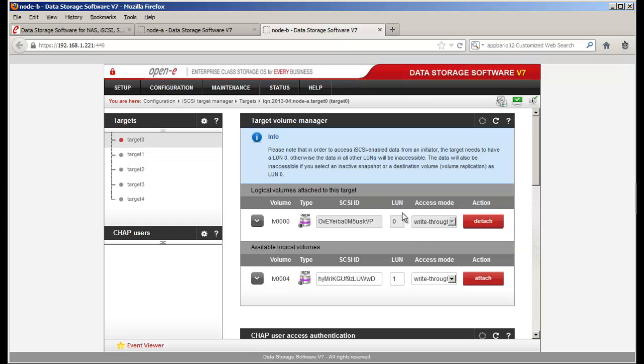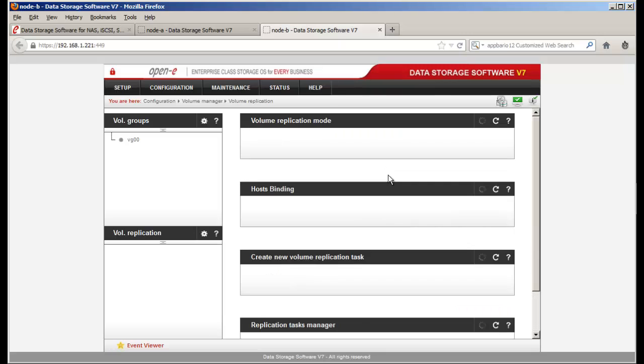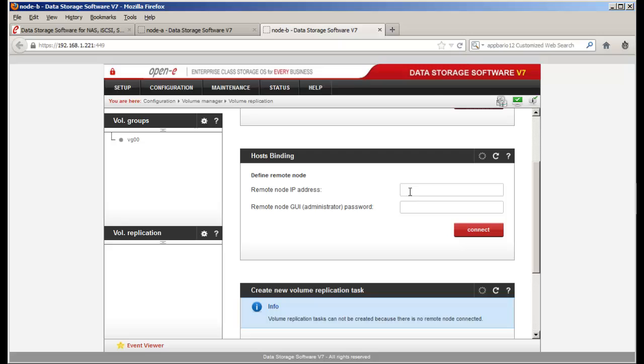Okay, so at this point, what we want to be able to do is go back into our configuration volume replication, and we want to be able to take our current data that's on the node B source and replicate that data to node A. So what we're going to do is use our dedicated 10 gig NIC for the volume replication, so no other traffic is on this other than the volume replication. So I'm pointing this to node A,